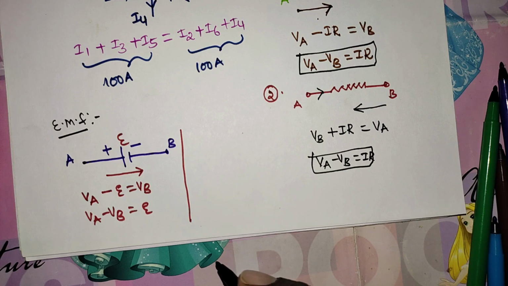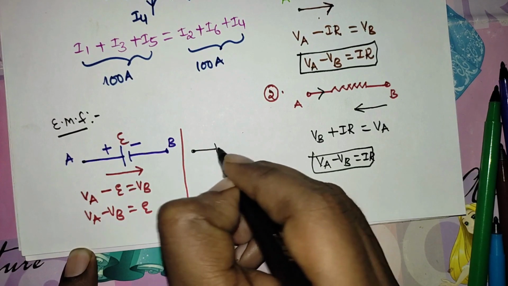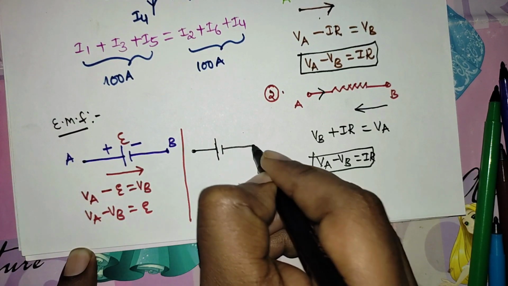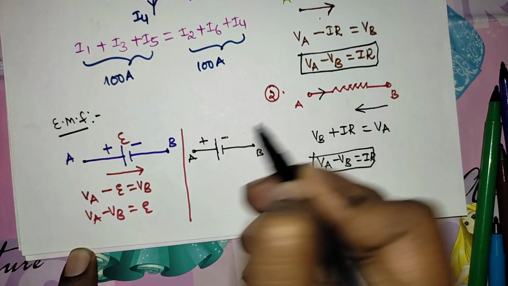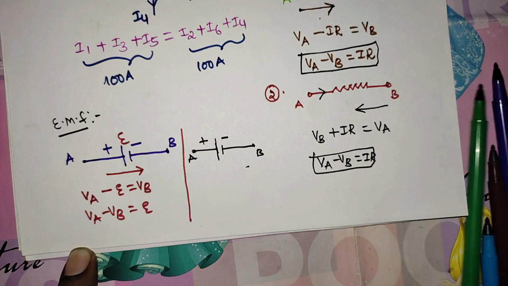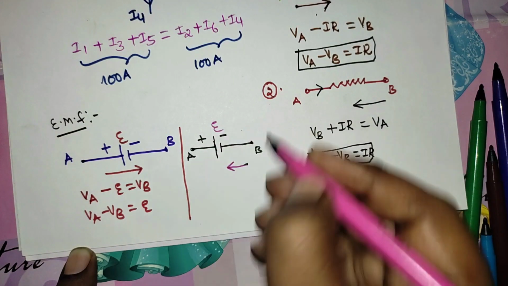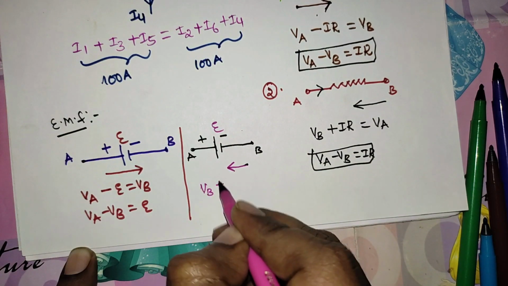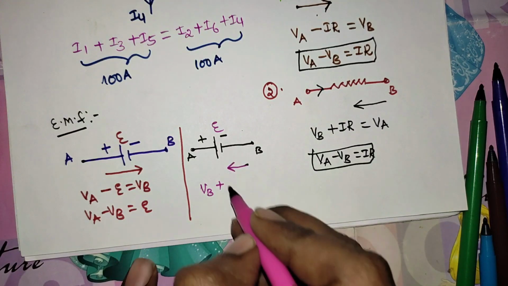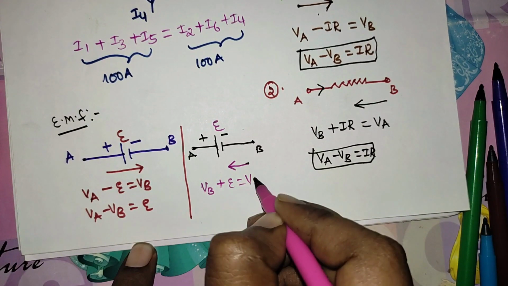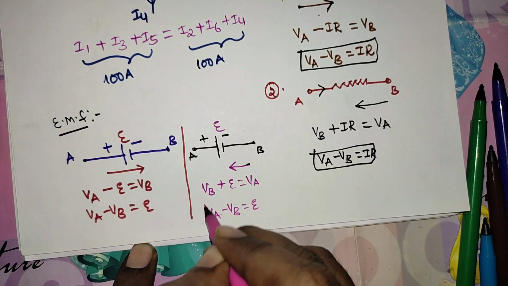So that means you will be acting as a positive. Similarly, you can take the same diagram with points A and B. This is the positive terminal and the negative terminal. Suppose you are moving from B to A, here observe. So this is E, VB. You are moving from low to high, that means from lower potential to higher potential. At that time the EMF can be taken as positive, E is equal to VA. Then you can write VA minus VB is equal to E.